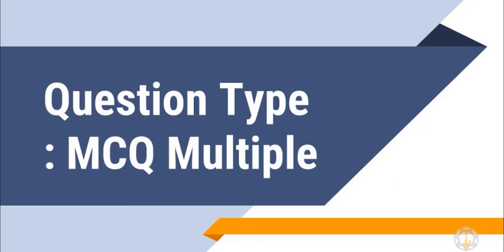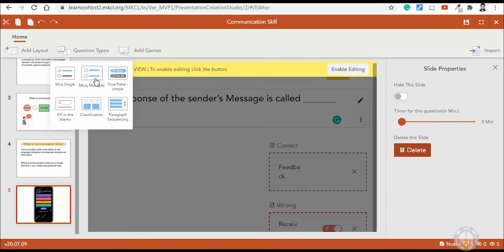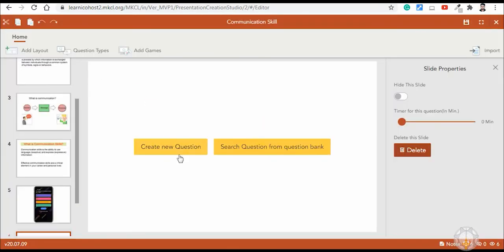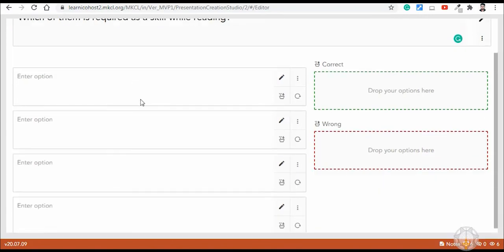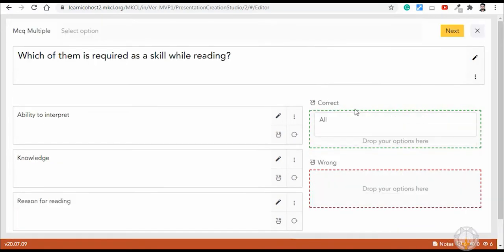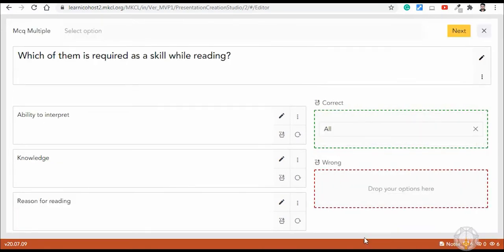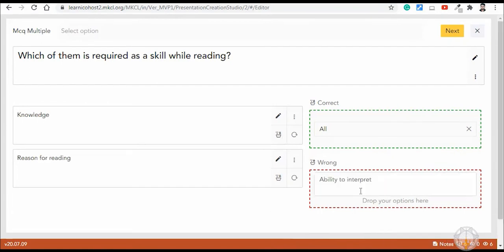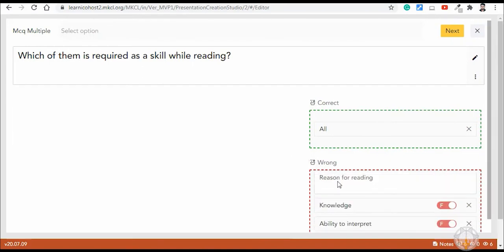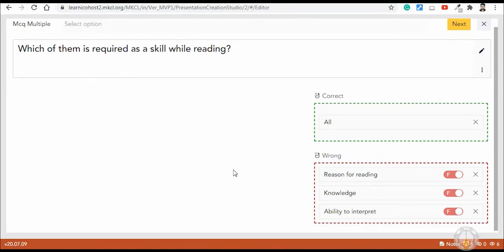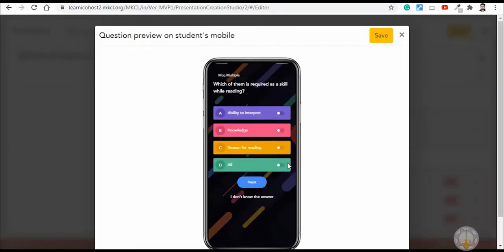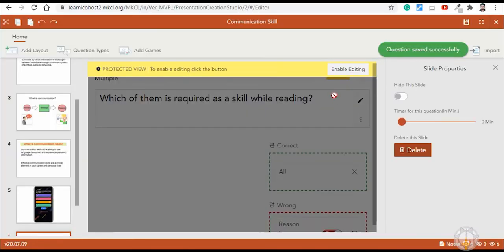MCQ multiple. Add question and options by click on edit icon and drop correct option in a correct bucket. MCQ multiple is successfully added.